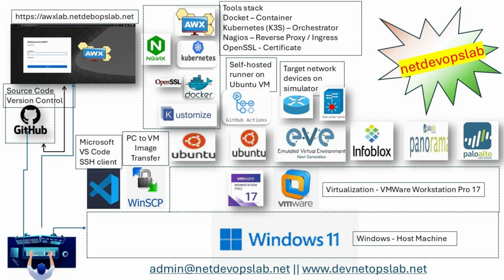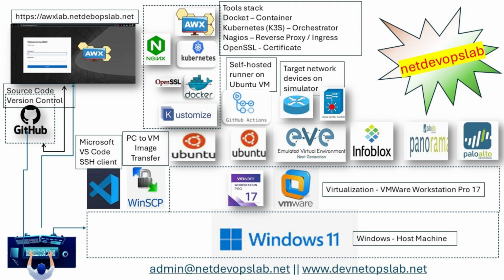Pay attention to the diagram. The first thing we need is a Windows PC as the host machine. On that host machine, we have to install the virtualization software. I am using VMware Workstation Pro version 17, which is free for personal use. In addition to that, we will need some tool to SSH into your VMs, which in our case is another freeware tool called VS Code. We will also install WinSCP, a tool to copy or transfer files between the host machine and